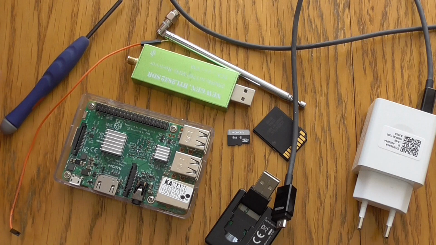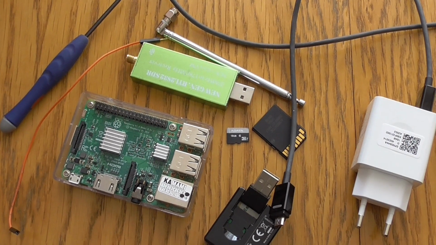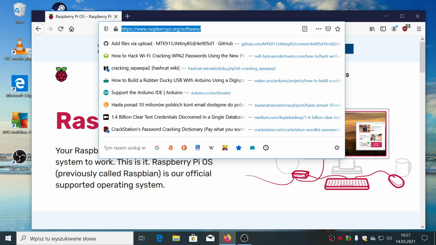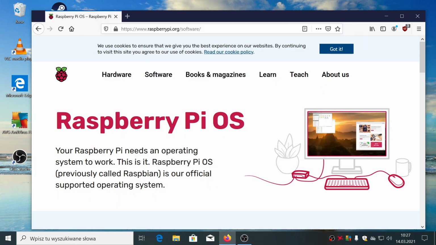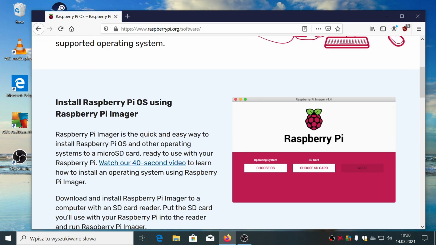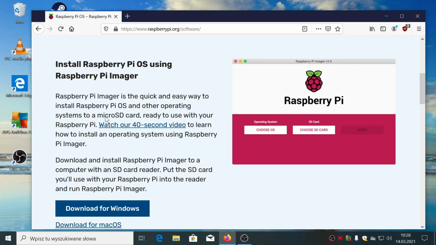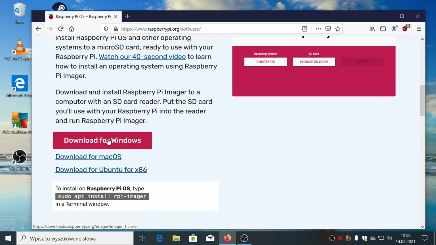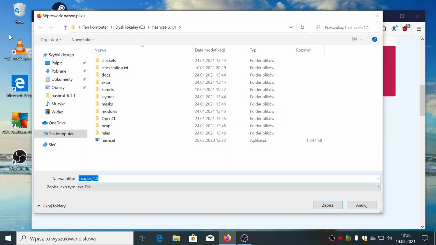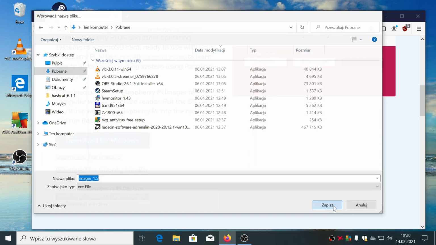So I will now switch to the Windows 10 based PC. Okay, I have my Windows 10 PC up and running, and we go to this page, raspberrypi.org software, where we can download the image to deploy on the Transflash or micro SD card. To do that, you first need to download an installer. There are plenty of versions, even for macOS and for Linux devices. So we download it for Windows. Let's put it somewhere here and run.